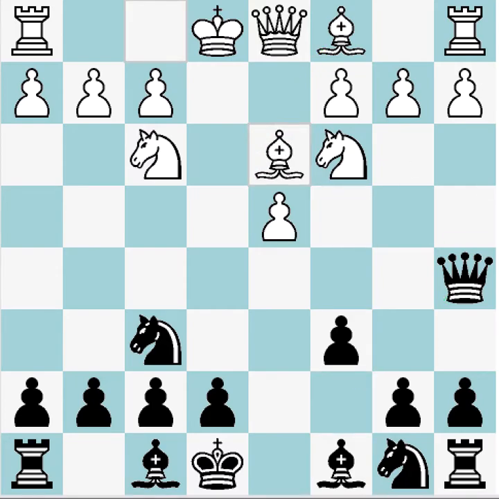I actually think bishop c4 is more precise because it puts pressure on e6. And a lot of times white will bring their rook or their queen to this file, and there can be sacrifices on e6. So that's definitely,